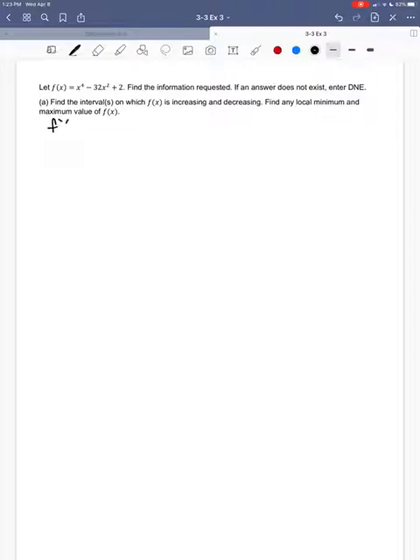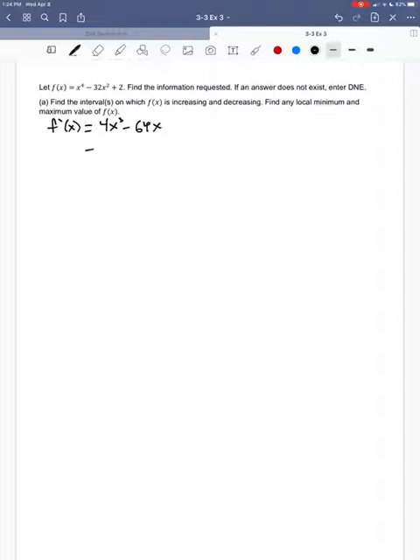So I'm going to have to find f prime of x, and in this case, since it's a polynomial, I'm just going to use the power rule. So I'm just going to get 4x to the third minus 64x. That would be the derivative. I'm going to have to decide where this has critical numbers, so that's where the derivative is either equal to 0 or undefined. This is a polynomial, the derivative even is a polynomial, so it's never going to be undefined,